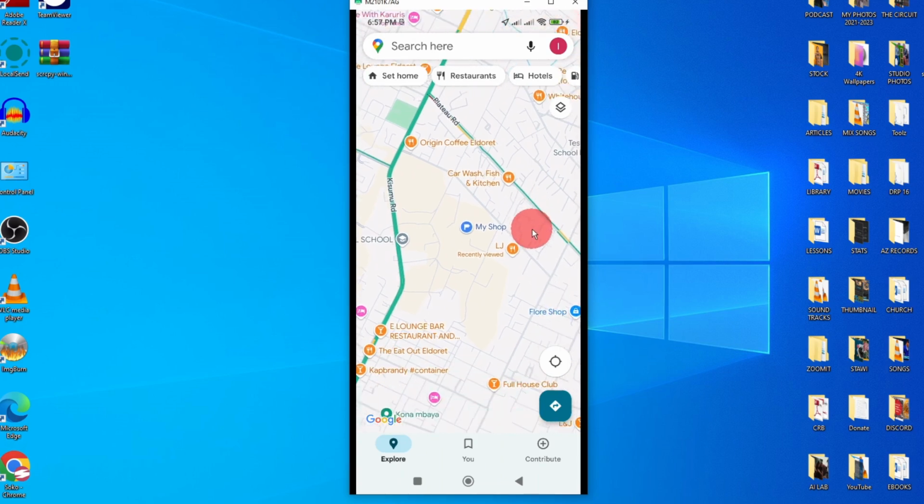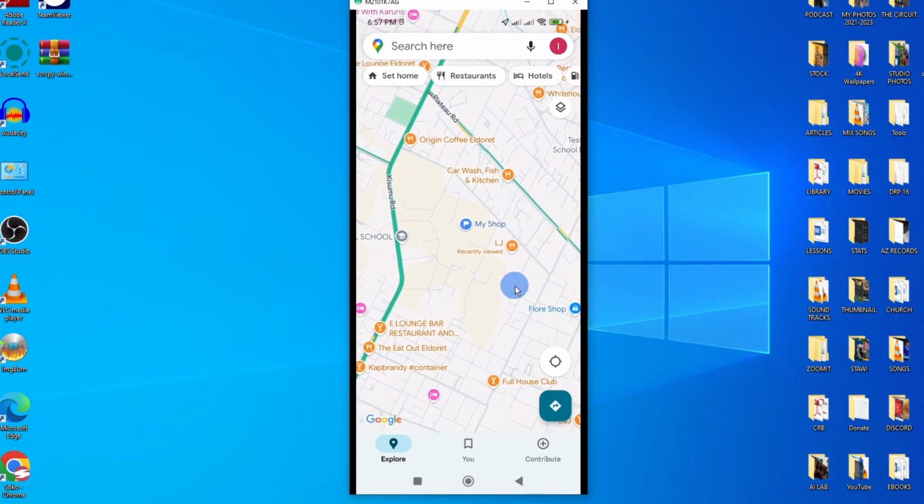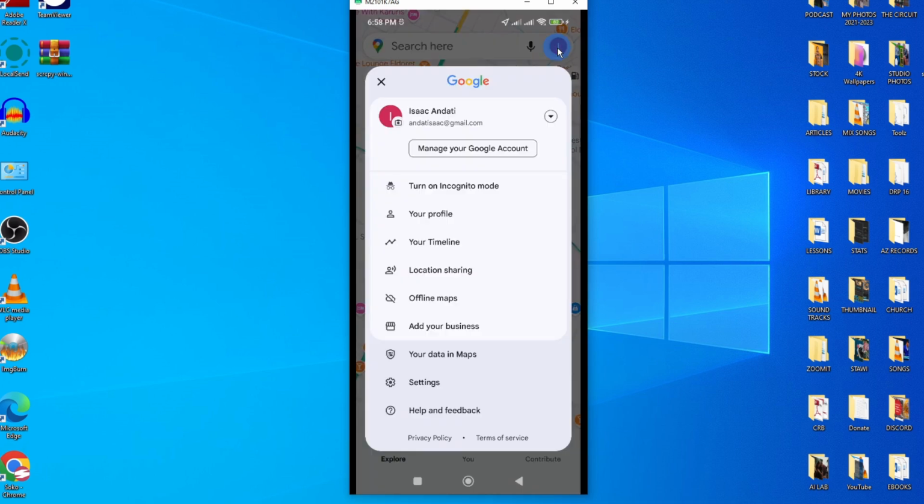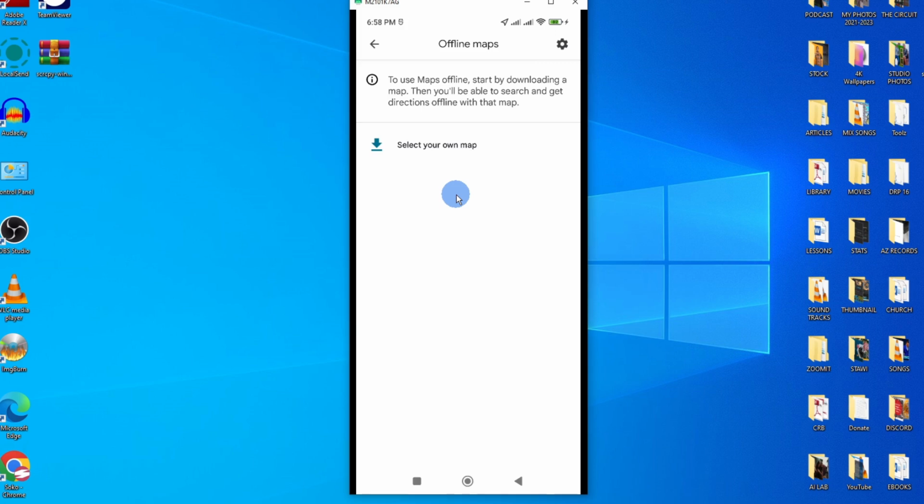In this video, I'm going to show you how you can use your Google Maps offline. Now, the first thing you need to do is to go to your account on top right corner and then click on it. This will open up your account and look for an option called Offline Maps. Now, once you're on Offline Maps, tap on it, and this will lead you to this page where you can